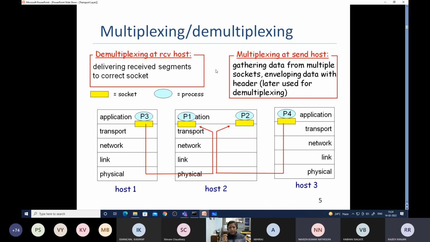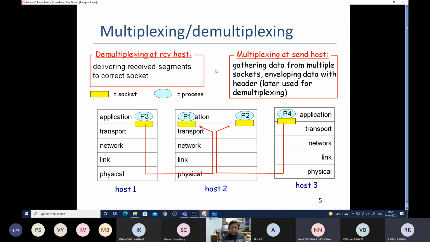Then all these data streams from different sockets will be encapsulated by the transport layer header and multiplexed through one LAN card. What is happening at the receiving end? Demultiplexing. Once the segments are received, they are demultiplexed to the different sockets running at that